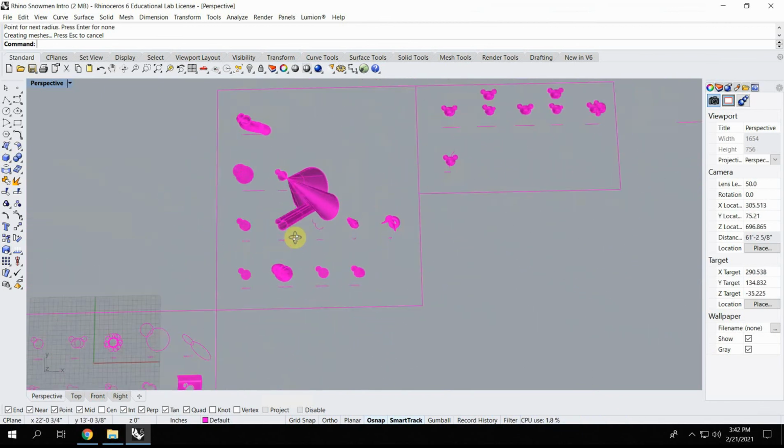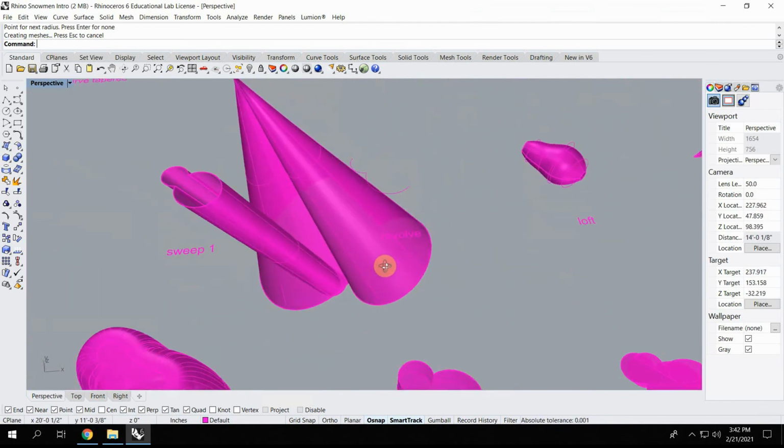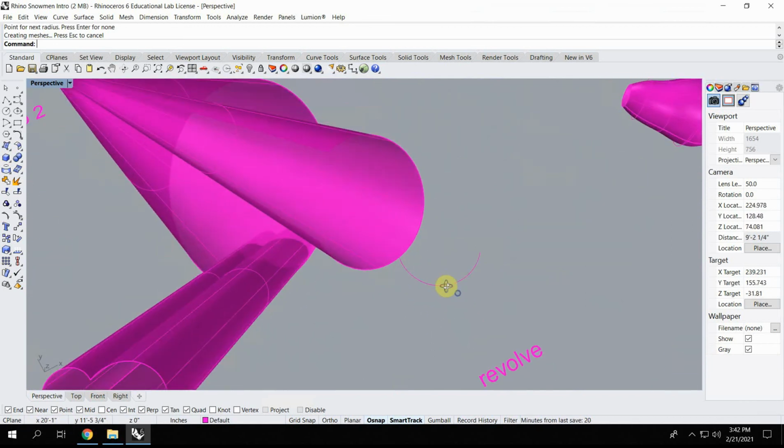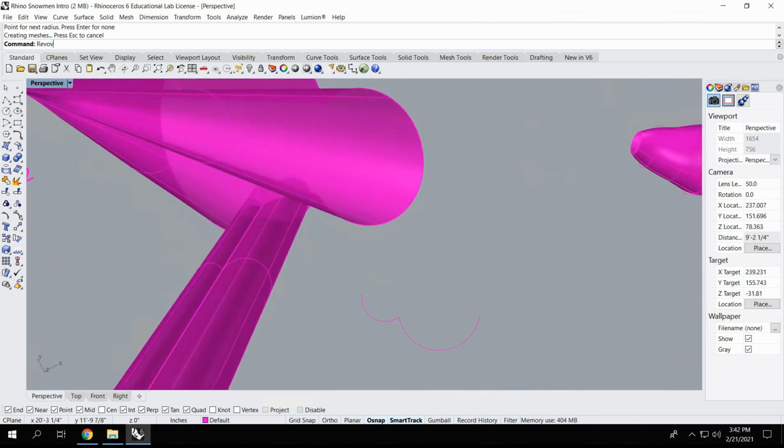Great, so those are all of the surface commands. Oh wait, I missed one, revolve. Revolve's a really useful one. Think of it like a lathe. So if I type in revolve,